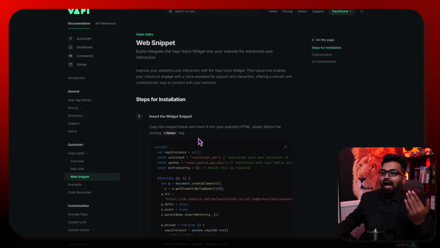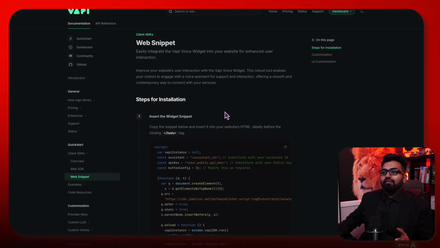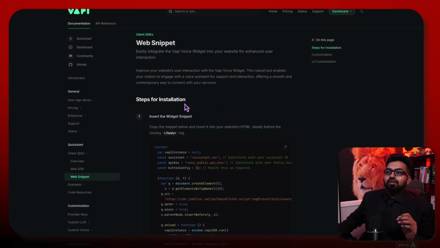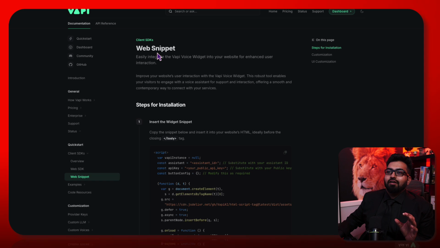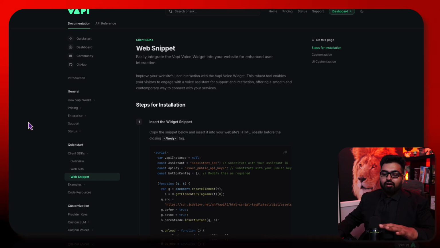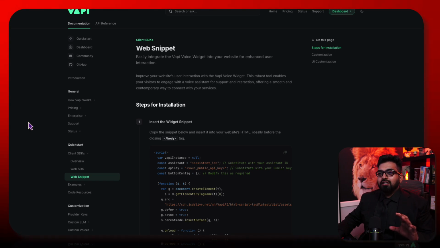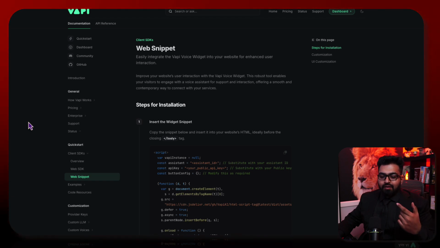If you have any question anytime, you can always ask AI and it will point you to where you can find this stuff. So, steps for installation. This is a web snippet, where there is a complete web SDK if you want to build a full-on UI for your assistant. That will be covered in future videos, but for this example